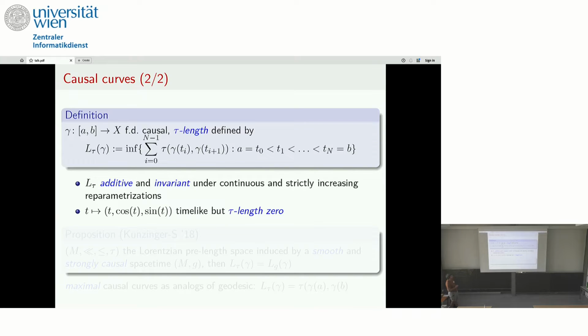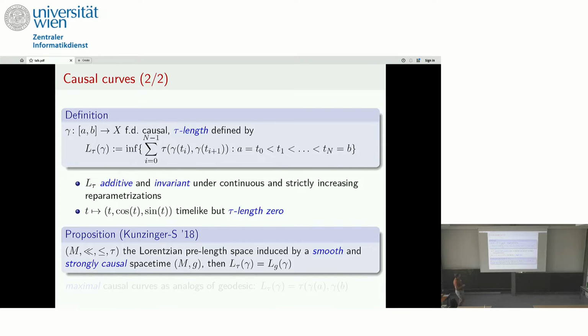And as I said, this has actually a tangent which is null with respect to the Minkowski metric. So you see that actually the length is preserved, these two notions. And this holds in general for smooth, strongly causal spacetimes. Then this length is actually the length you get via the metric. And the funny thing is that Penrose defines the length like that in one of his booklets on Lorentzian geometry, and he never bothers to show that this is the same length as you would get by just integrating the norm of the tangent.